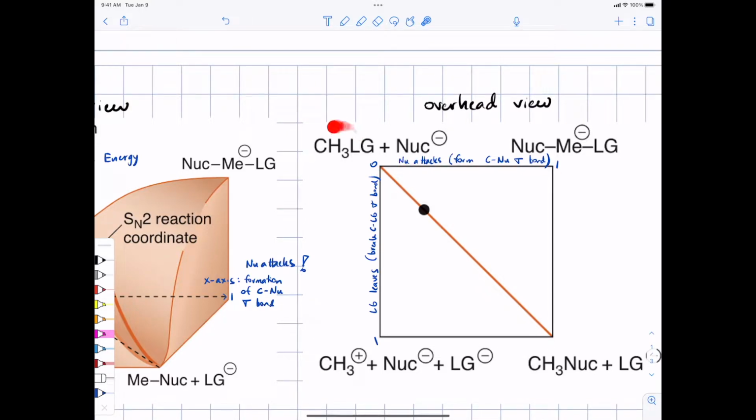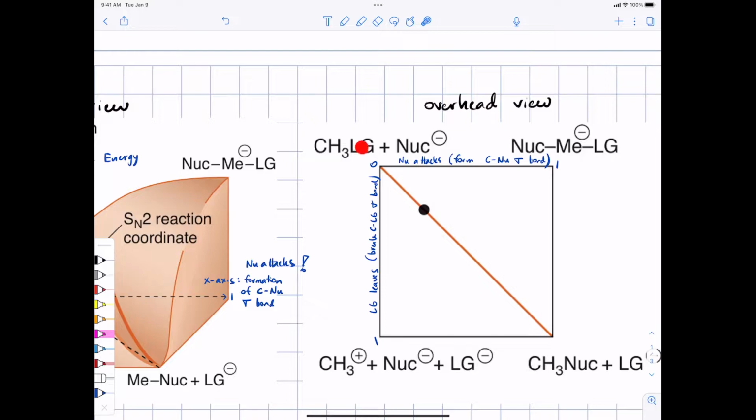For example, our starting materials are the methyl leaving group, methyl halide perhaps, and a nucleophile. If we only move along the x-axis and we form a carbon nucleophile bond, the intermediate we would get is this, where the methyl group is forming a bond both with the leaving group and with the nucleophile, where carbon nucleophile bond formation is at 100%,